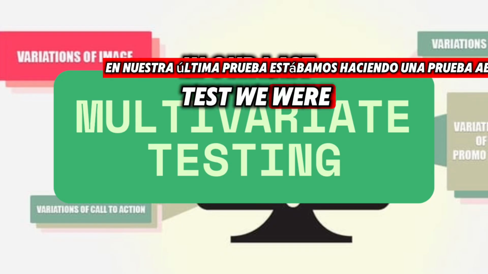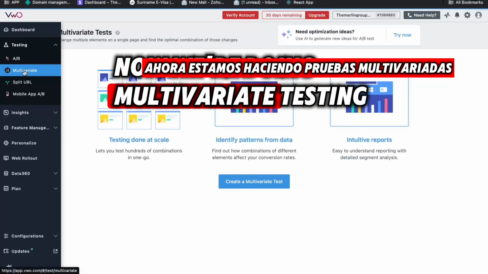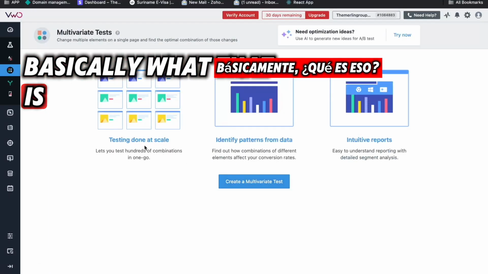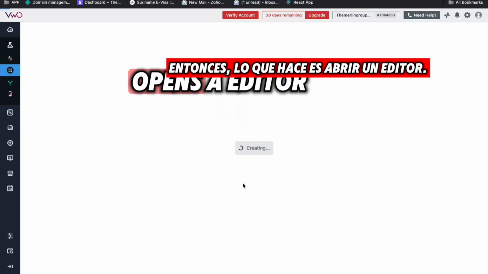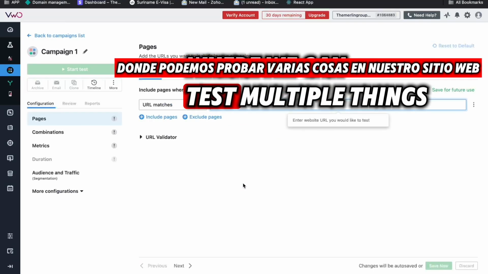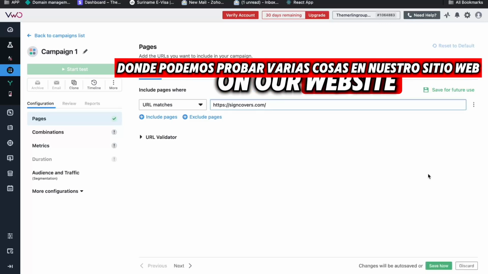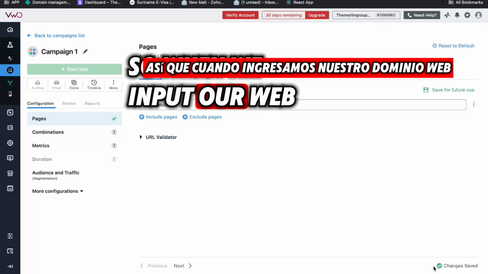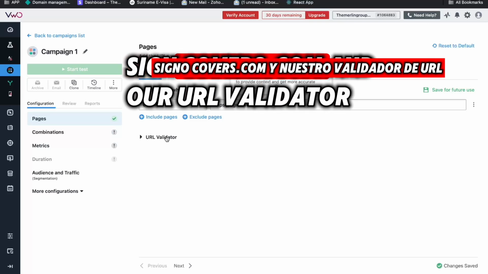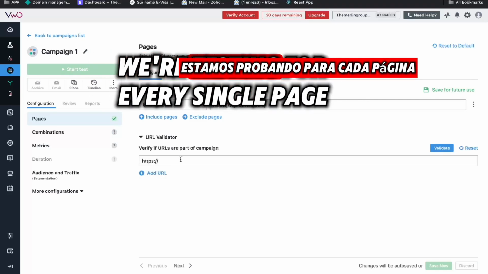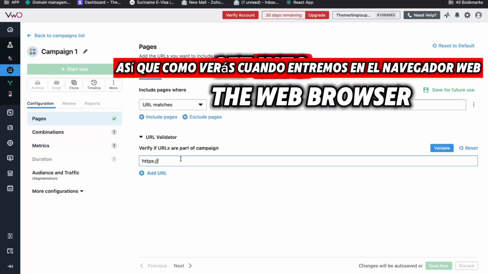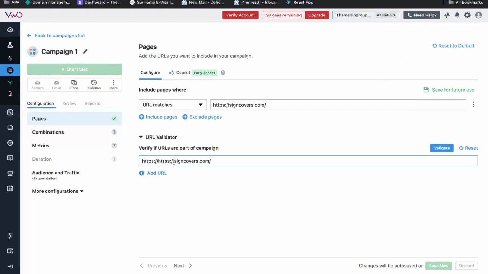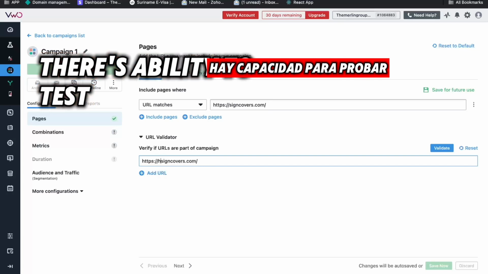In our last test, we were doing an A/B test. Now we're doing multivariate testing. Basically what that is is when we're testing for multiple variables. So what it does is it opens an editor where we can test multiple things on our website. So when we input our web domain, signcovers.com, and our URL validator, that's because we're testing for every single page. As you'll see when we get into the web browser, there's ability to test so many different things